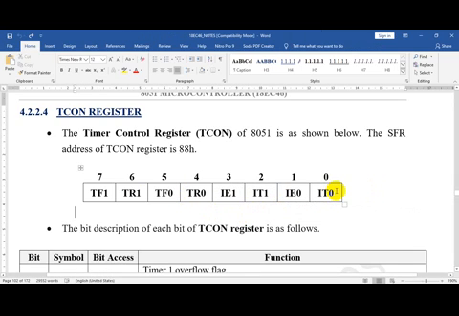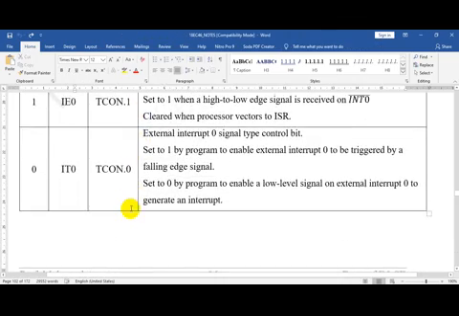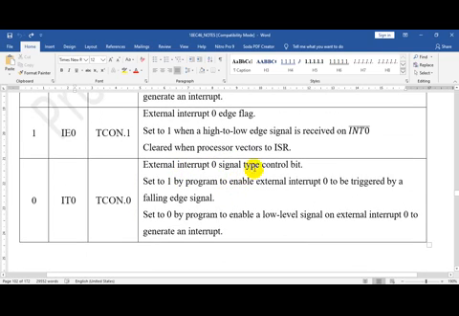Similarly here. Now let us first understand this. IT0, what does it say? It says this is the external interrupt 0 signal type control bit.